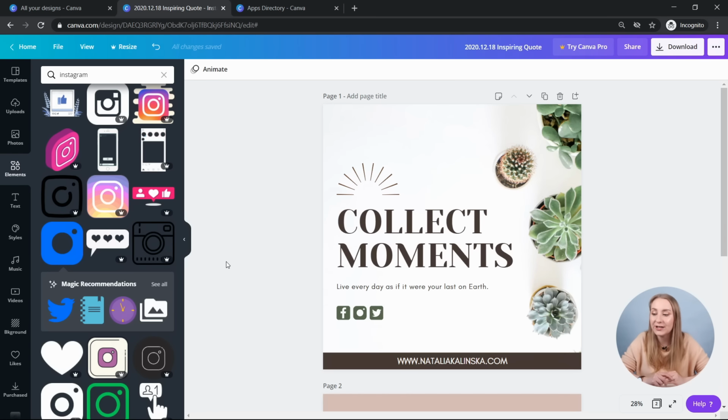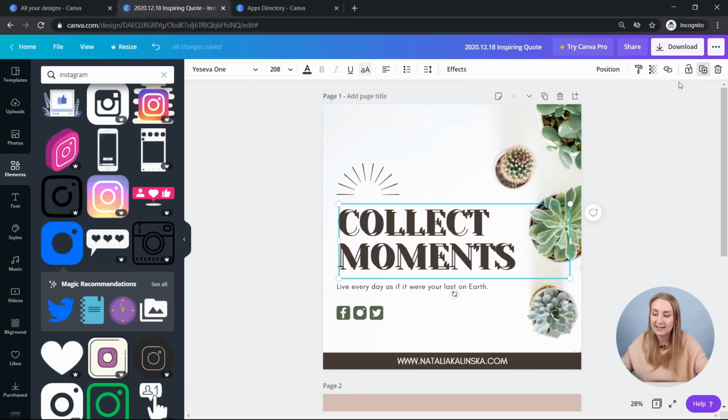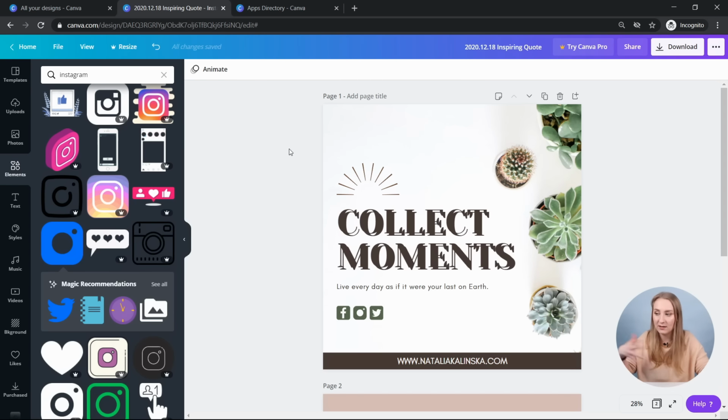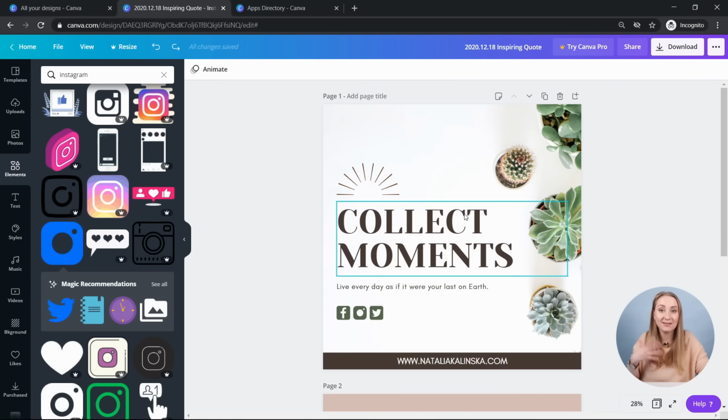So within Canva, you can also have shortcuts. If you want to duplicate that particular element, you can do it right next to that lock icon. You can duplicate it here. But you can also use shortcuts. So I've just done that with that particular one, I clicked Control-Z and it removed it. So I don't have to go to that top arrow to go back to the previous step. I can just click Control-Z and it just disappears, right?